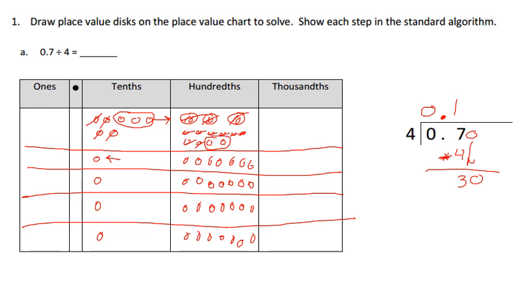So let's see, 4 goes into 30 7 times. 7 times 4 is 28. And we had 2 remaining, which is exactly what it showed. Now we're going to come back over, and now we're going to have 2 hundredths, which we end up with 20 thousandths. And we see that in the standard algorithm because we bring down our next 0, and we have 20